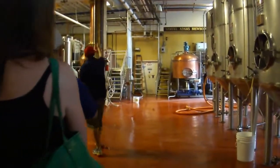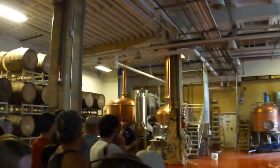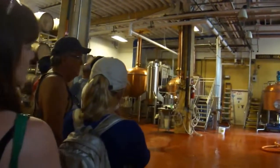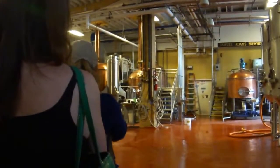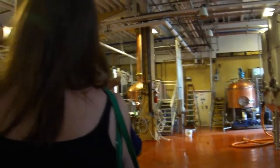So our brew kettle's on the back side of this platform, next to these brewers. It's a little hidden. If you can't see the brew kettle, it looks exactly like the mash tun. This equipment kind of looks the same. So we boil Boston Lager for 90 minutes back there. At 3 different stages of that boil, we start to introduce hops. Depending on when you do that during the boil, it does very different things to the flavor outcome of Boston